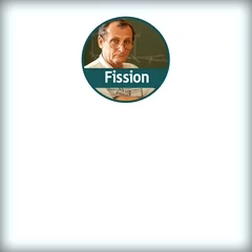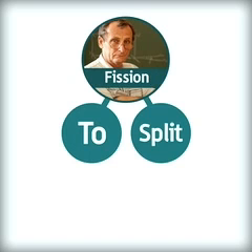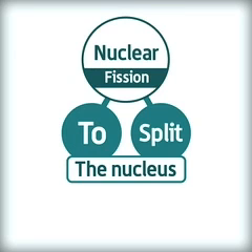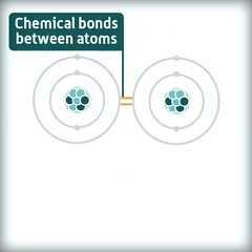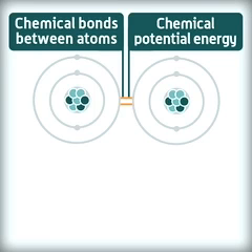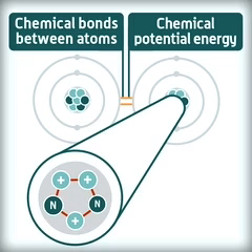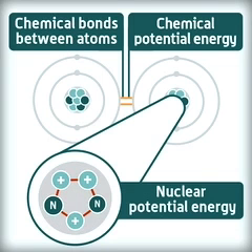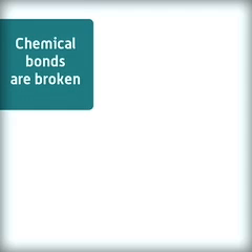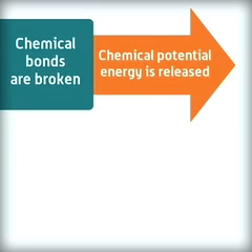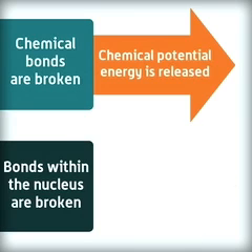In science, the word fission means to split, so nuclear fission means to split the nucleus. In the same way that chemical bonds between atoms within molecules store chemical potential energy, the bonds inside the nuclei of atoms store nuclear potential energy. When chemical bonds are broken, chemical potential energy is released, and when bonds within the nucleus are broken, nuclear potential